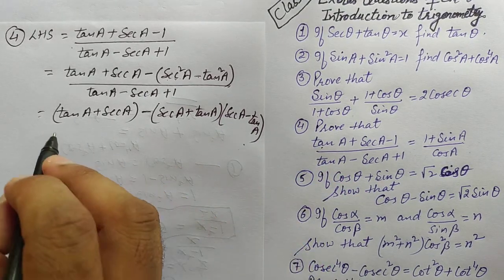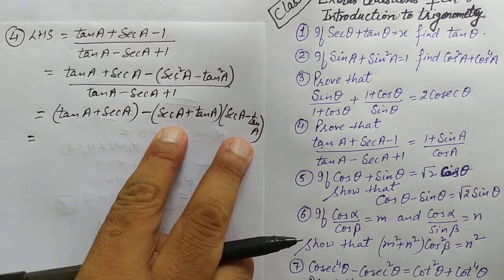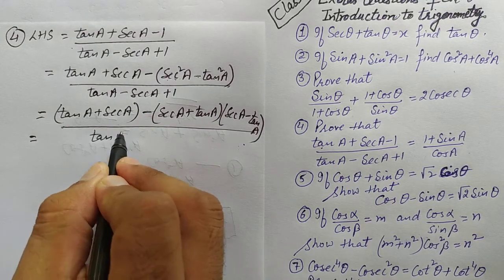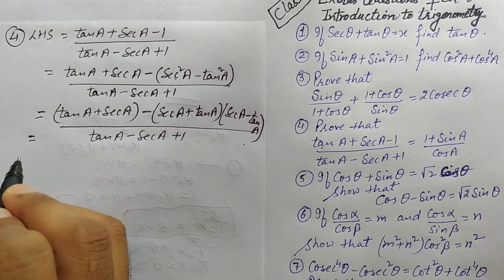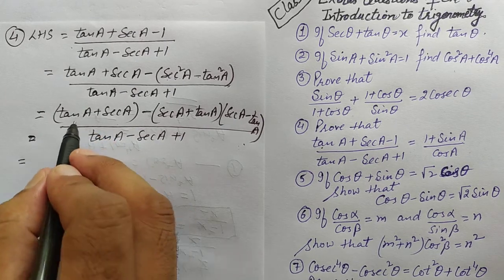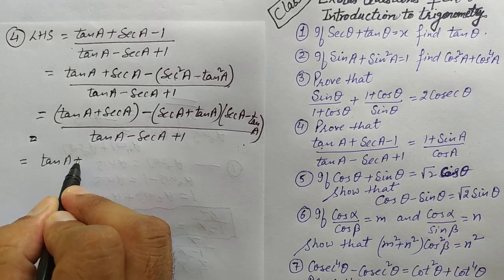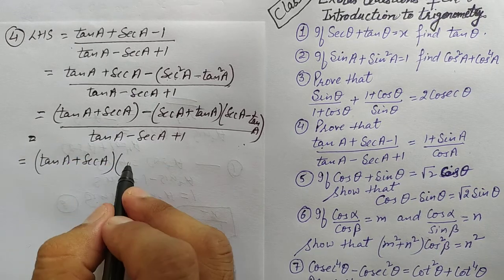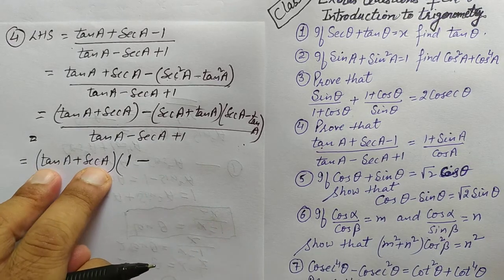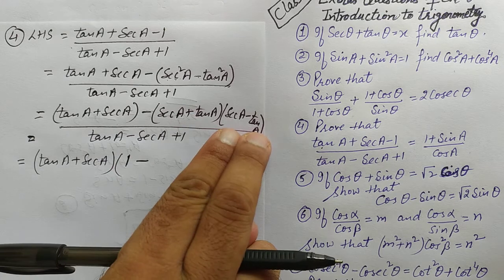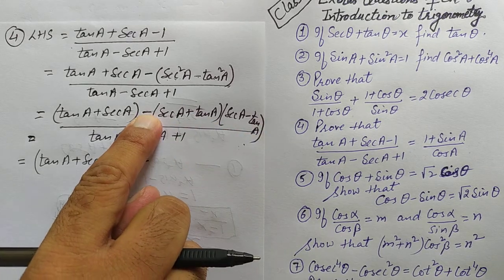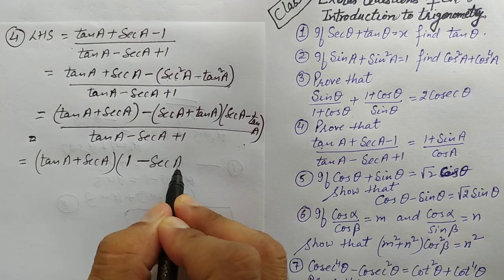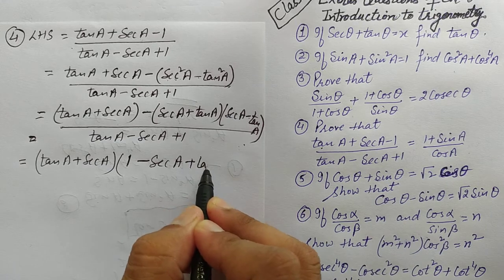So it is tan a. Now what we do, from this and from this, what is common? First of all, write denominator also, tan a minus secant a plus 1. So in the numerator, what is common? So you know tan a plus secant a is common. So what is left here? So I have taken this common, so it is left 1 here, minus, and tan a plus secant a is taken common. So what is left? This one is left, but minus sign is there outside. So all the signs will be changed inside. So secant a becomes minus secant a, and minus minus it becomes plus tan a, right?